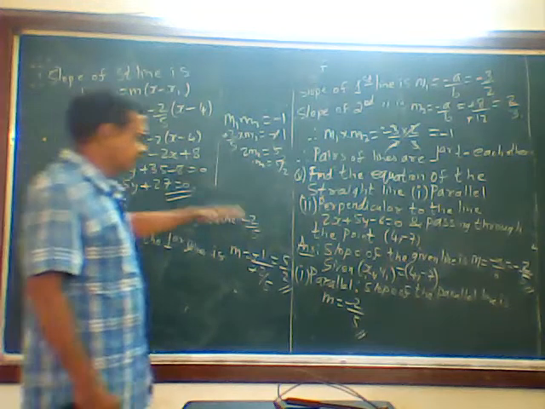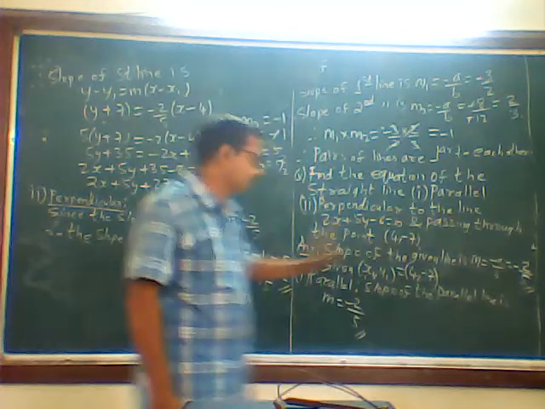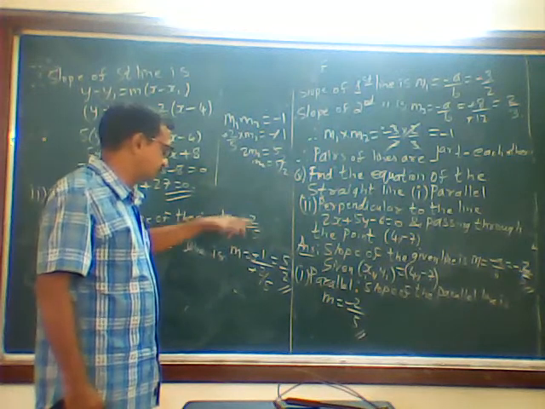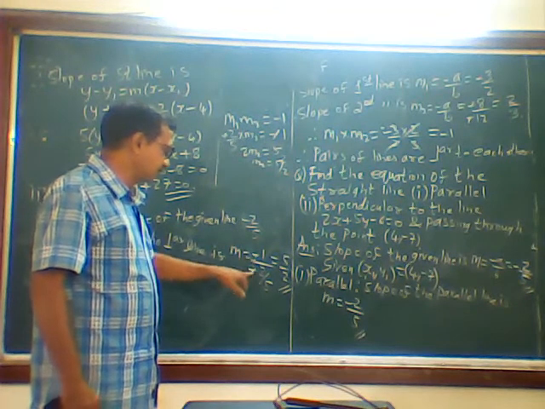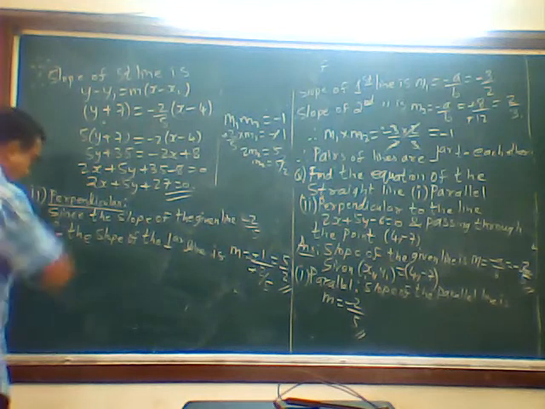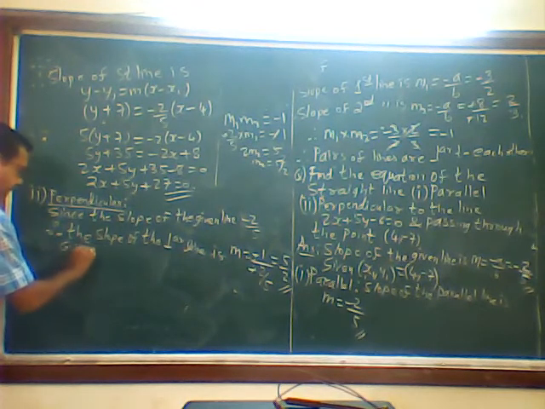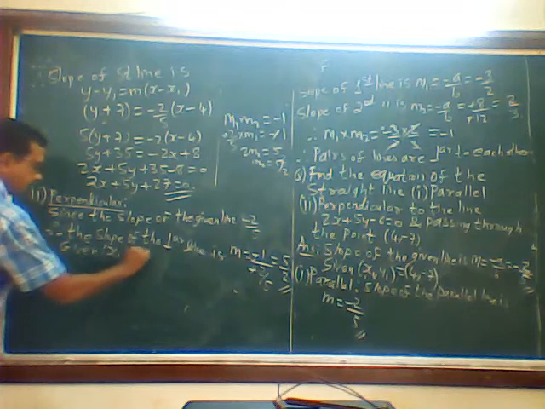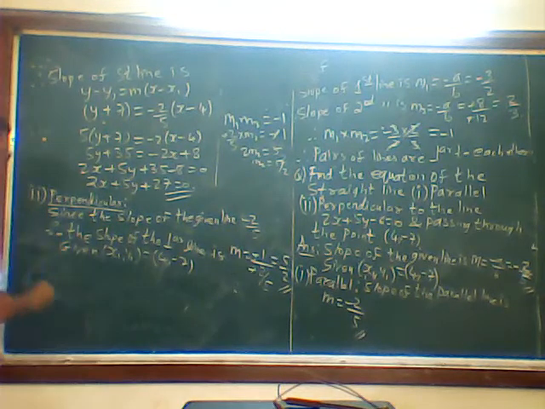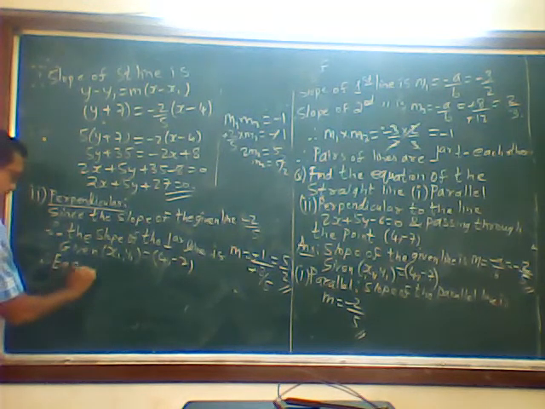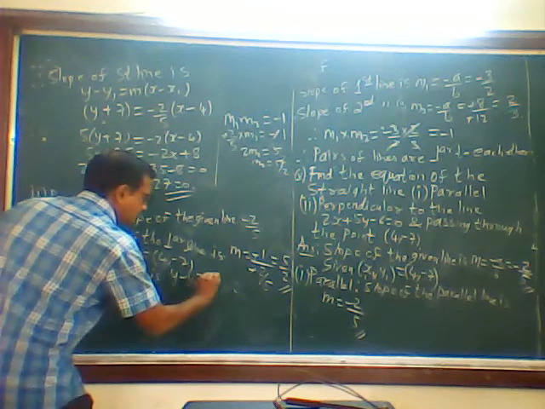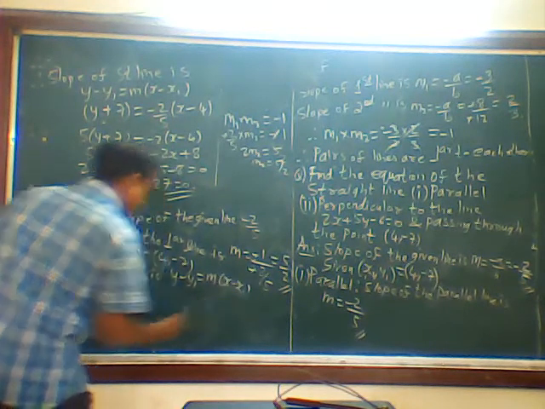So that is what I am saying here. Since the slope of the given line is minus a upon b, that is minus 2 upon 5, but since it is perpendicular, the slope of the perpendicular line is m equal to the inverted value. Minus 1 upon minus 2 upon 5, minus minus cancel, and the denominator comes up: 5 upon 2. That is my m. And given x1 comma y1 is 4 comma minus 7. Then the equation of the straight line is y minus y1 is equal to m into x minus x1.